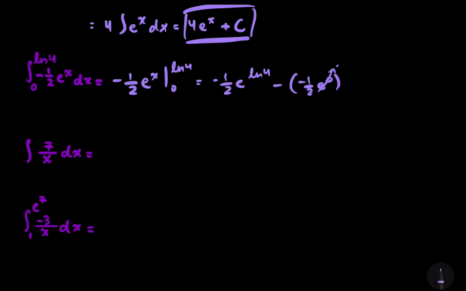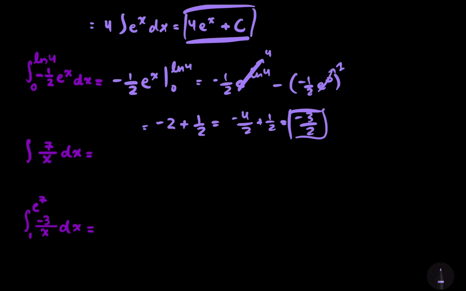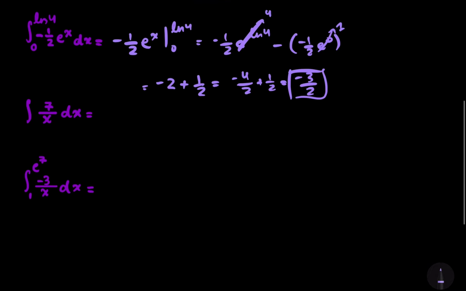E to the 0 is just 1. E to the natural log of 4 is just 4, so we end up with negative 4 over 2, which is just negative 2, minus negative 1/2, so that's just going to be plus 1/2. And so that's going to be what? Negative 4 over 2 plus 1 over 2, which is going to be negative 3 over 2. And that would be our final answer. So as you can see, it's very easy to integrate e to the x, whether it be a definite integral or an indefinite integral, and regardless of what the scalar